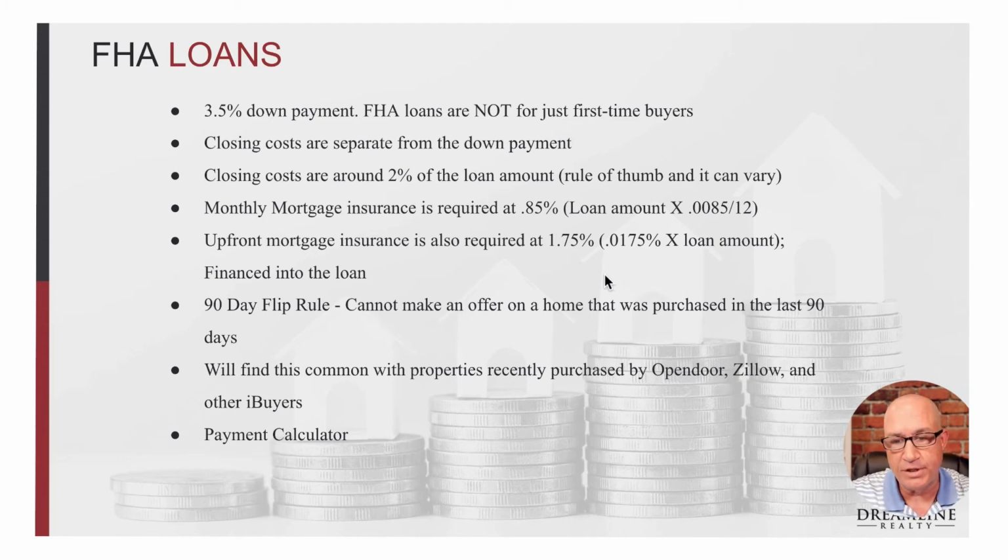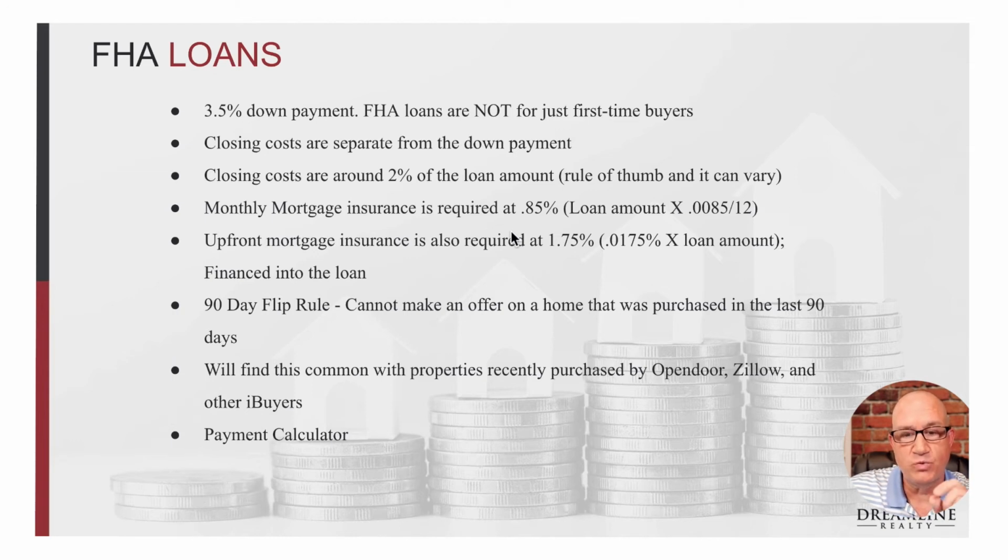And the monthly mortgage insurance, it's different than a conventional loan. So on the monthly piece, on a conventional loan, once you reach 20% equity in the house, you can get rid of the mortgage insurance on the conventional loan. The monthly mortgage insurance on an FHA loan will stay there for the life of the loan. You cannot get rid of it. So we'll go through this example in a minute, which will hopefully make a little more sense about those things.